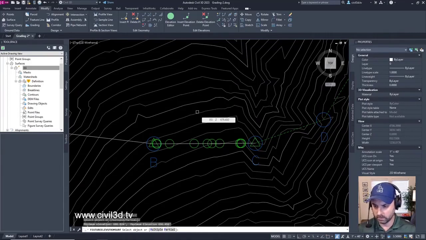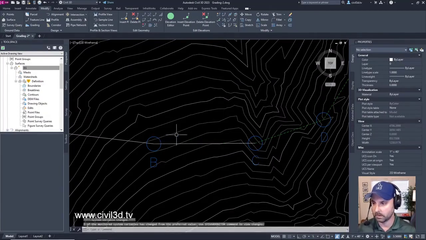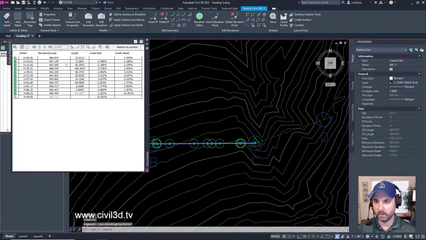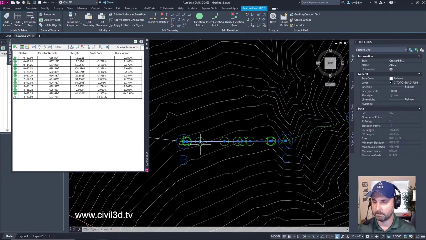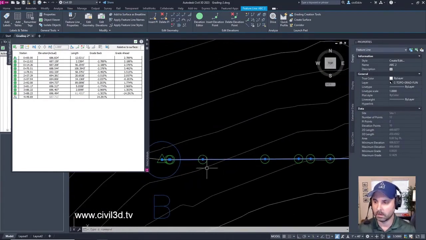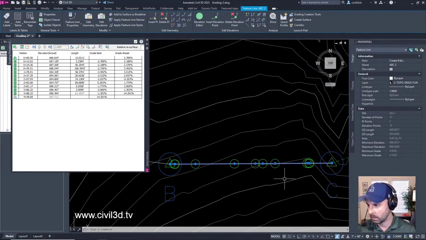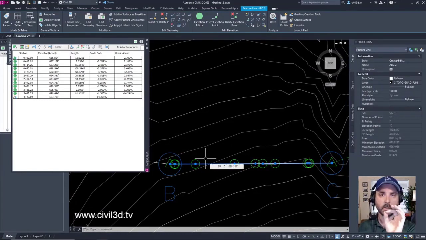Okay, you can see a bunch of stuff happening here. I'm just going to press Enter to accept it. And then if we go to the elevation editor, you can see that we've got a lot of stuff going on here. Each of these, if you want to call them PIs or PVIs, these are where the triangulation lines are crossing the line.